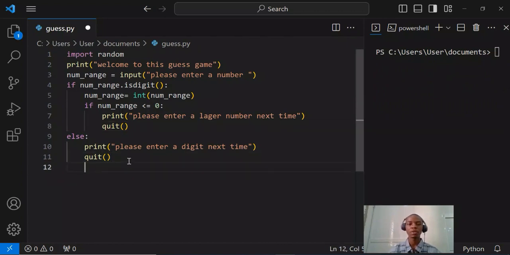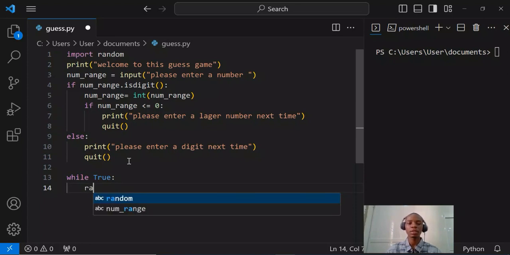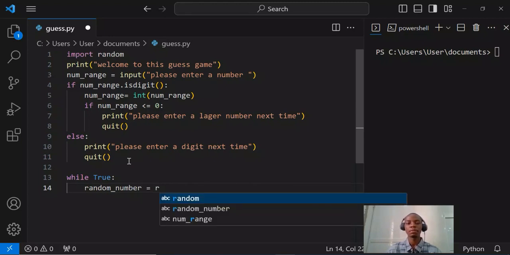After this, one other thing we're going to do is use the while loop here. While all this is true, then a random number. This is where I'm going to use my random number. Random number is the name of the variable I'm going to create, which is equal to random.rand